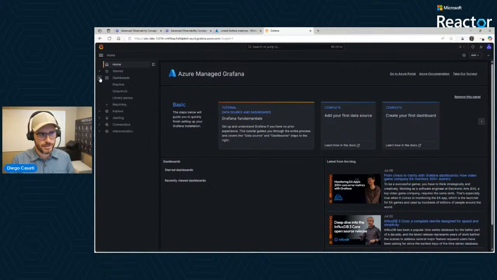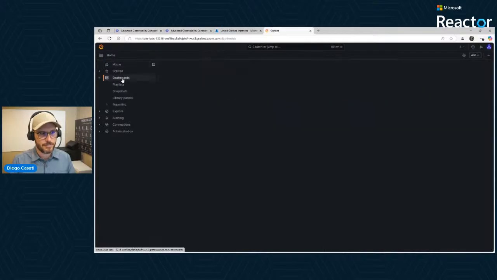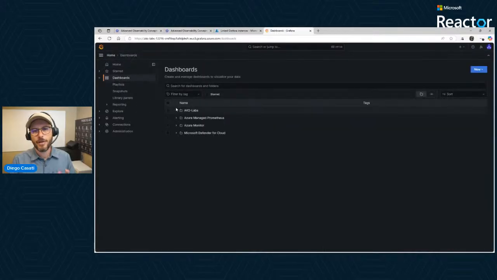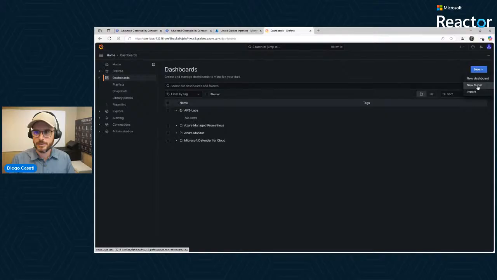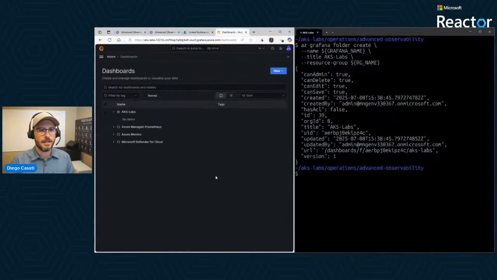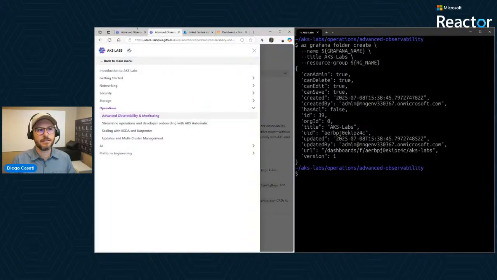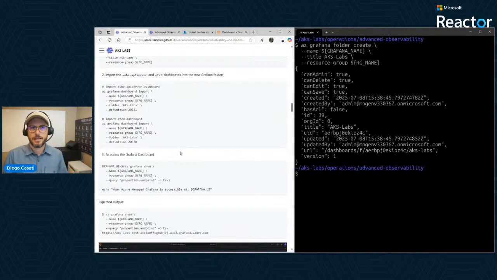This is your new Grafana instance. And I want you to go on the side here where it says dashboards on the left side of your screen. And the command we just ran created this folder, right? We don't have anything inside, but that's the folder we created. So you could just come here and then click new folder. That works too. But again, I'm trying to show you this through the command line because I do think that the command line will give you a better idea of how things are wired together.